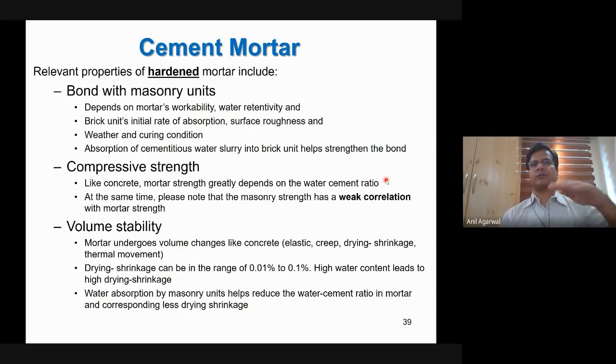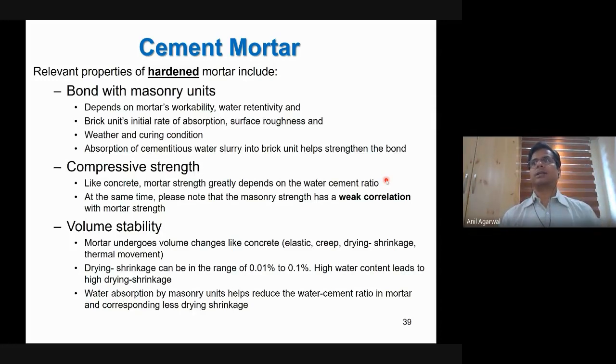One is that the brick surface itself may have some undulations. For example, if you have a granite brick or a stone brick, stone brick is usually very rough. When the stone is cut, it splits into two parts, and the surface that you get is relatively rough. So on that rough surface, the cement water slurry or cement water paste, whatever it is, will be able to get in contact with small cracks on the surface and grip it. So that is one way.